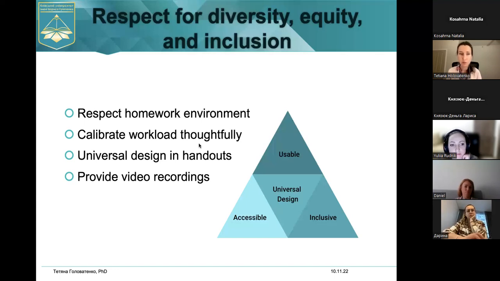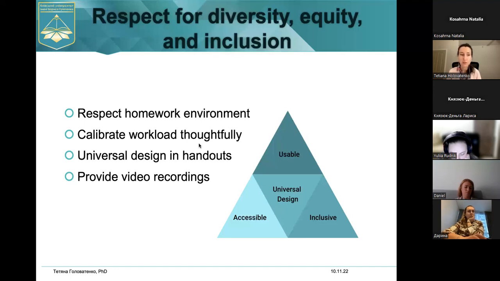Next is to provide video recordings. Do not be afraid of sharing those videos within the group, because some of the students might have poor internet connection, and they might be shy of saying that they didn't catch something. Distributing these recordings between your students is a good way for them to catch up with the material. And if they don't understand something, you can give them that video link, or you might text them which video to refer to for some extra information they need. So these video recordings might be a very good option for you.